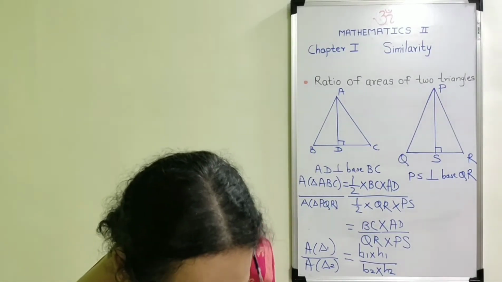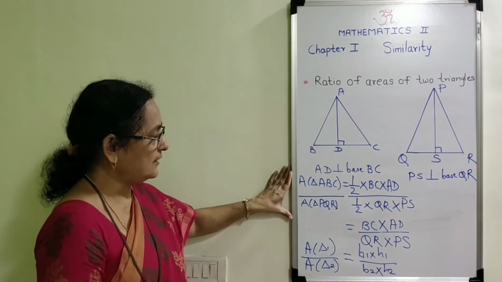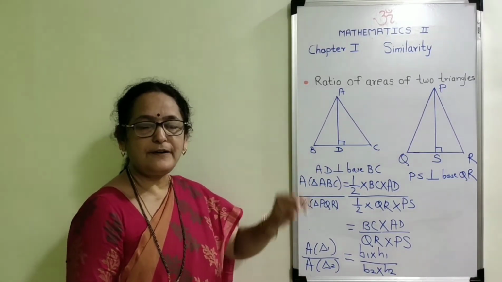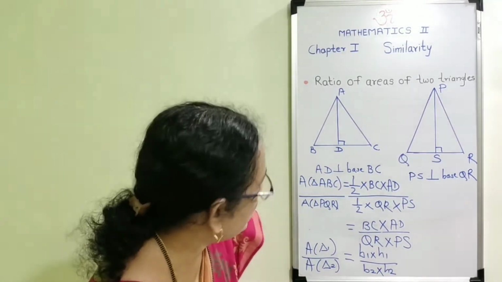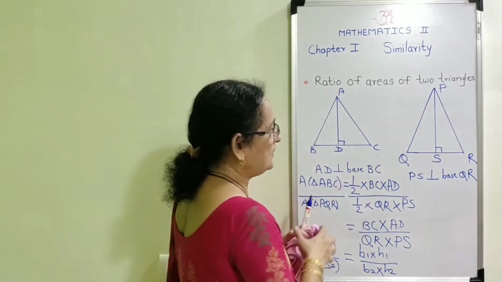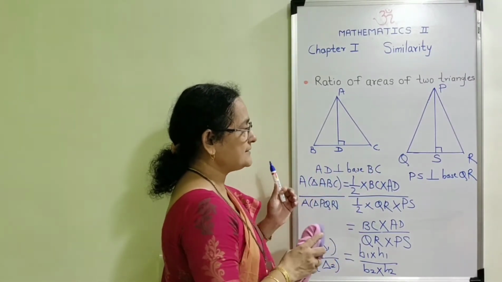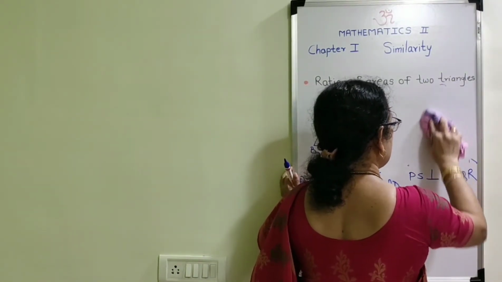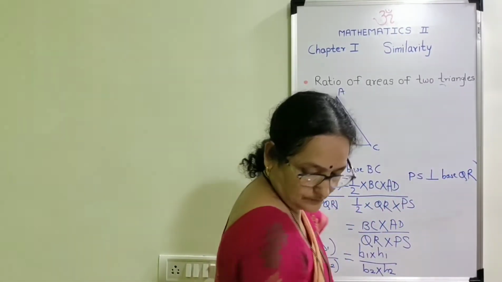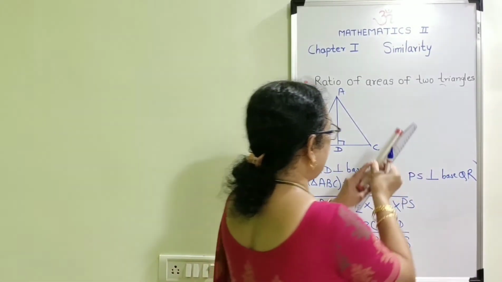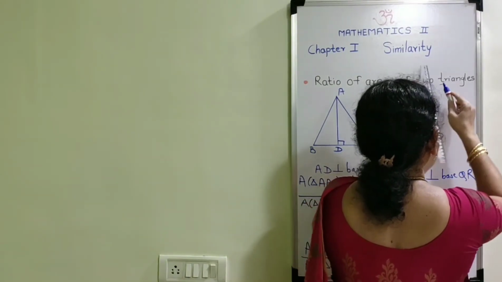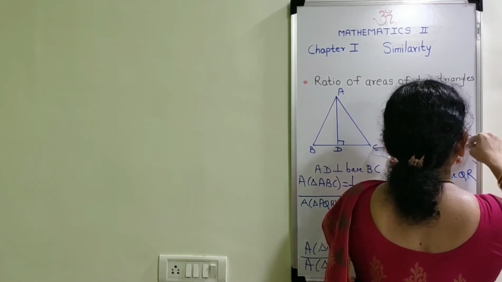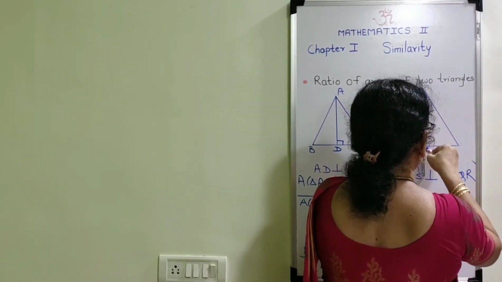Now in the same case, we are going to study two different properties related with the same. Suppose two different triangles are given, but their heights are equal. Observe the figure. Here in two triangles, the heights are different. Suppose I have taken triangle PQR such that its heights are equal. The triangles having equal heights, then what do you determine related with the ratio of their areas?